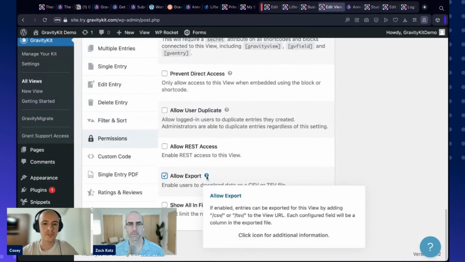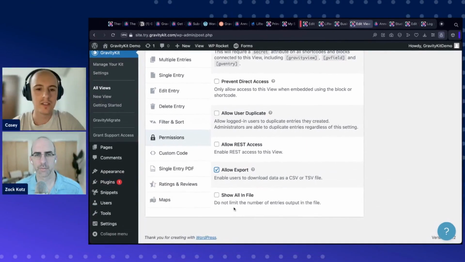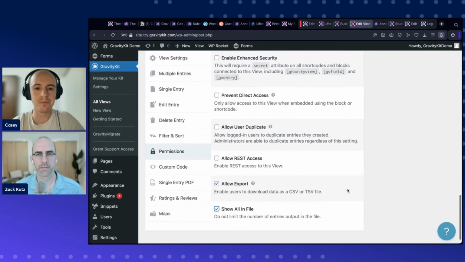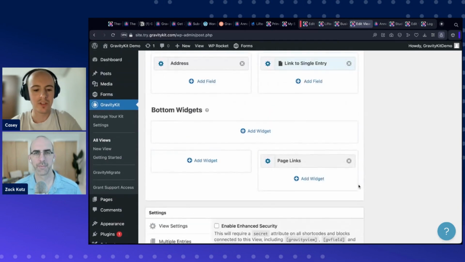And then I have the option to show all in file. So for example, if your view is like multiple pages and you don't just want to export the first page, you can enable this option to export all the data in the view. So once that's done,